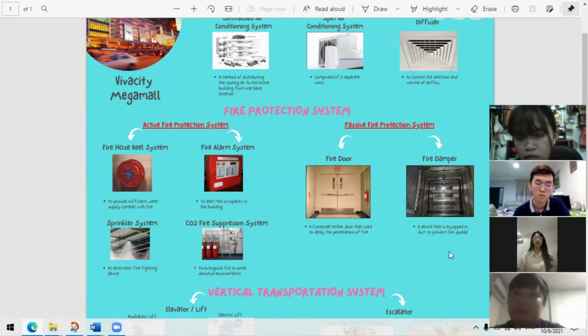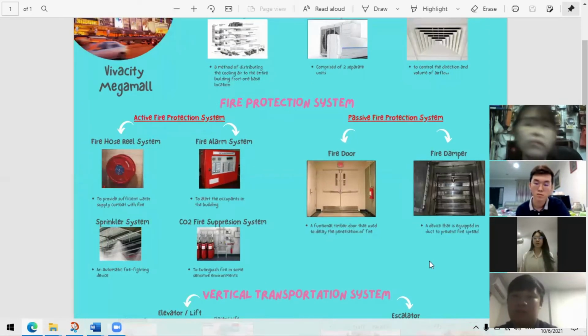Okay, so here comes the passive fire protection system, which helps to slow down the fire spread or the smoke spread. So I will focus on two components, which are the fire door and the fire damper. A fire door is usually made of timber, which helps to delay the smoke or fire spread. According to UBBL 1984, section 164, the fire door shall come with a door closer